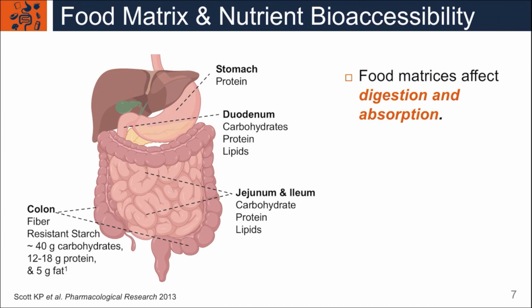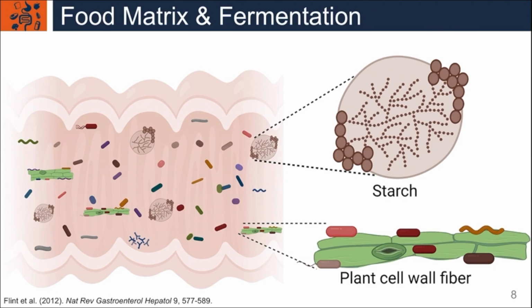Ultimately, food matrices affect digestion and absorption. The physical structure created by a combination of nutritive components within the food can act independently of its individual components during digestion and absorption. Compared with an isolated nutrient, certain matrices protect their nutrients and bioactive compounds against degradation. Food matrices affect digestion and absorption, and this degradation, or lack thereof, will also affect substrate availability for the microbiota